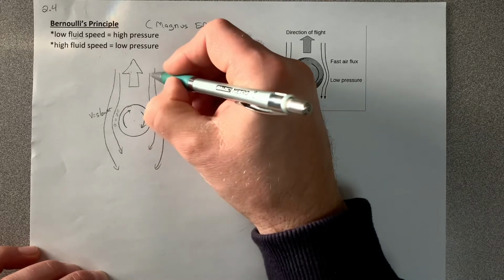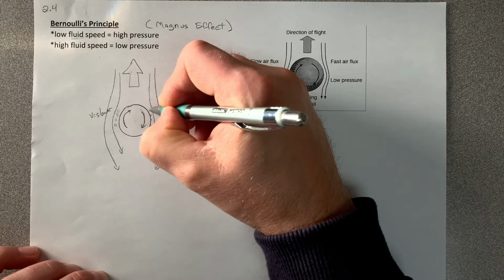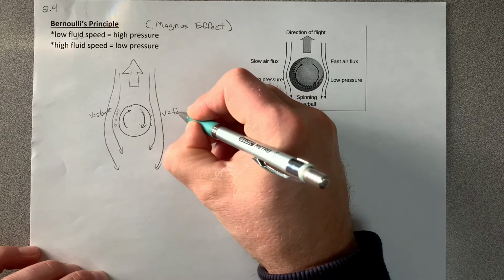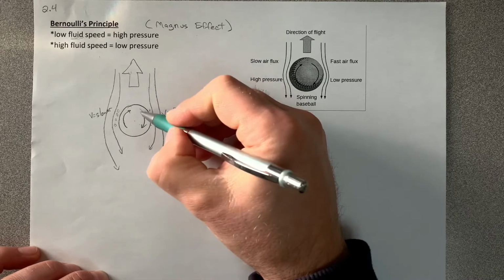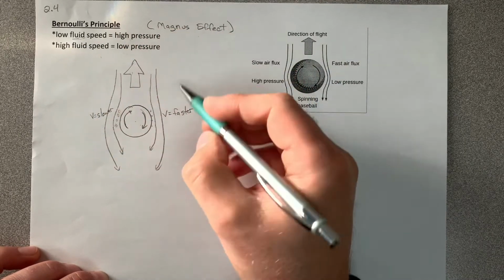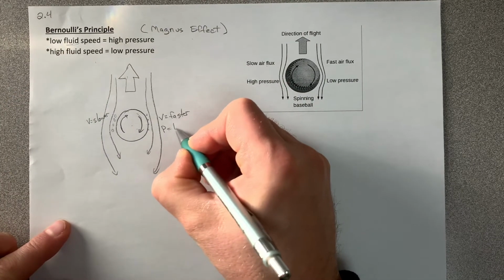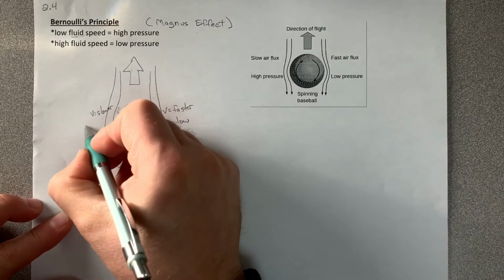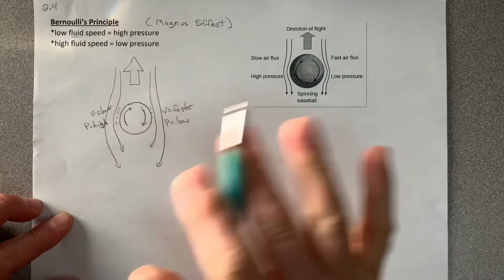On the opposite side here, the ball is spinning in the direction of these little air molecules. That's going to speed them up. So the air molecules on this side are going to go faster. Relative to each other, I get slower air movement and faster air movement. That's because of the friction between the ball and those air molecules. From Bernoulli's principle, what we know is wherever the fluid speed is high, pressure is going to be low, and wherever fluid speed is low or slow, pressure is going to be high. That's what Bernoulli's principle says. That's the end of Bernoulli's principle.